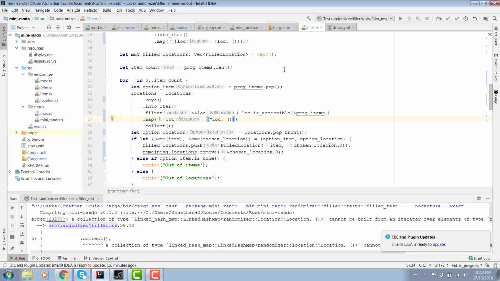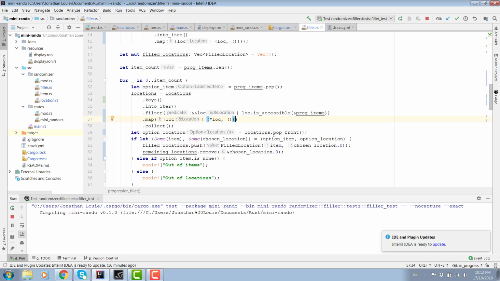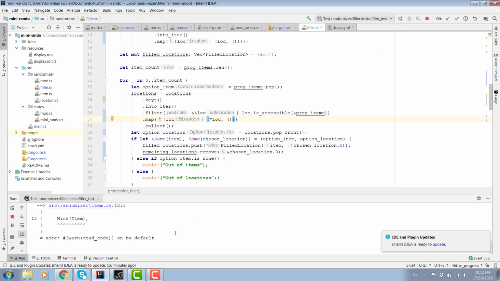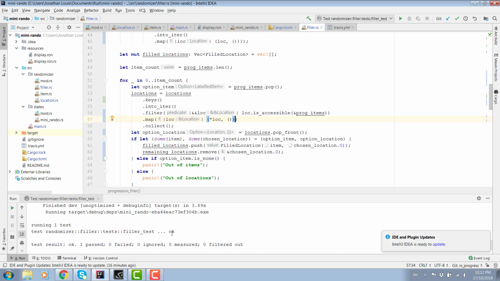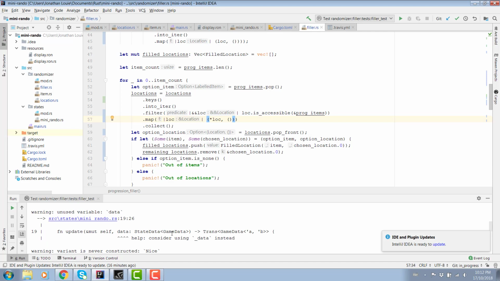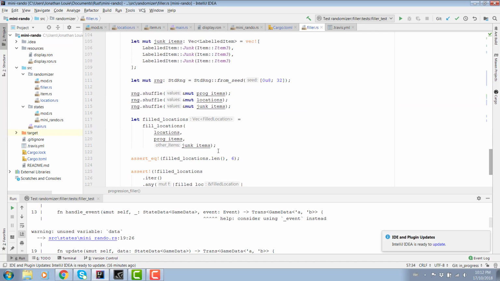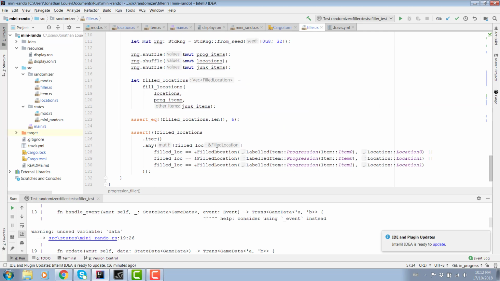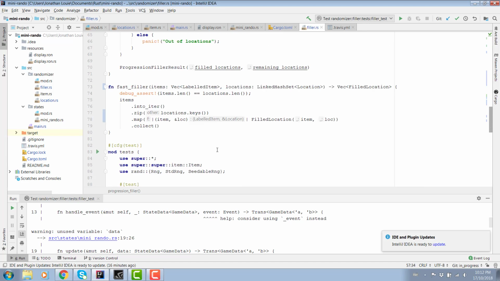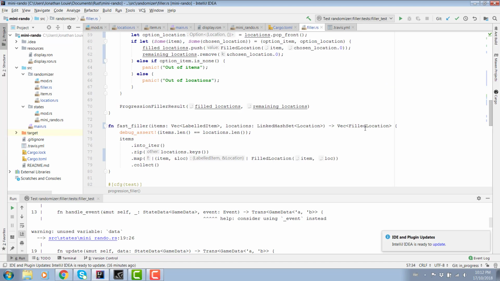Okay, yeah, this is actually all sorts of confusing. That's probably right. Wait, does this code just work as is still? I don't have to change anything because this returns a vector at the end. That's right. This still just returns a vector.